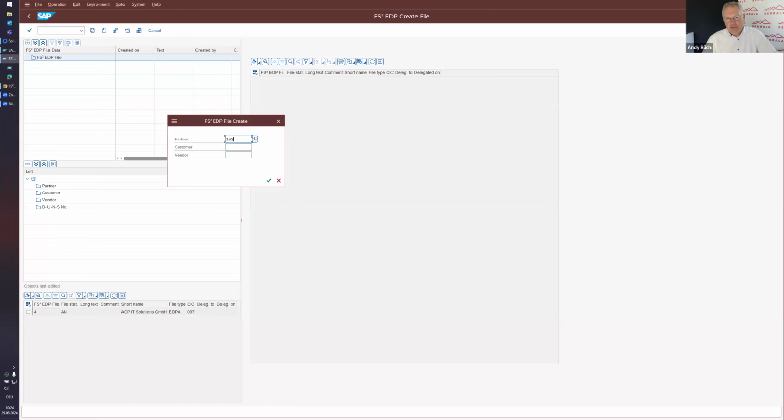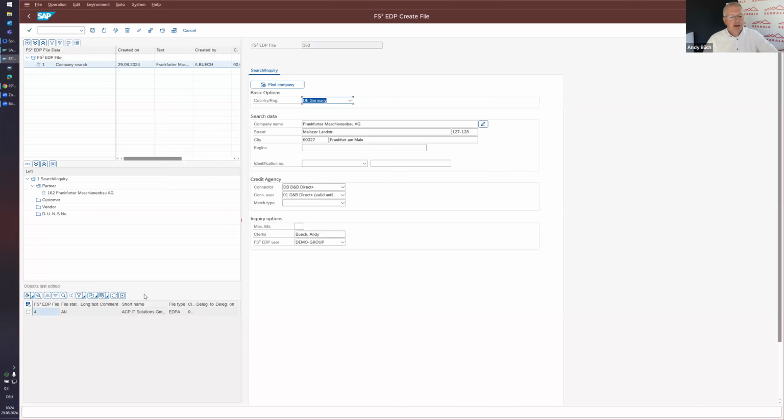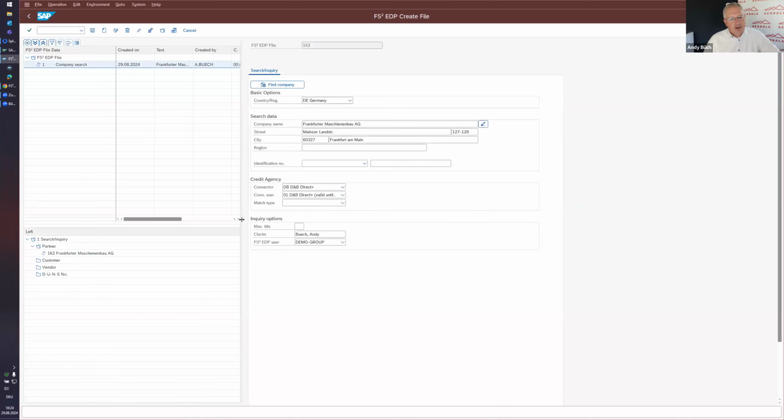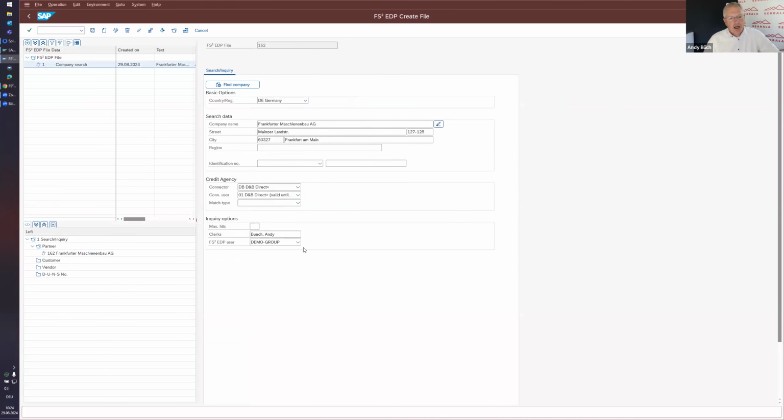So, standard SAP functionality, search help is supported here as well. Once I continue, it automatically fetches the data from my SAP master data and fills in the details automatically. I could still change this if data is missing, or if I want to get more hits, I could even delete the street. Why not? It's a good example. And just look for the company's name and the corresponding city plus the zip code. So, find companies, the first point in time wherein connectivity to D&B's API is established.